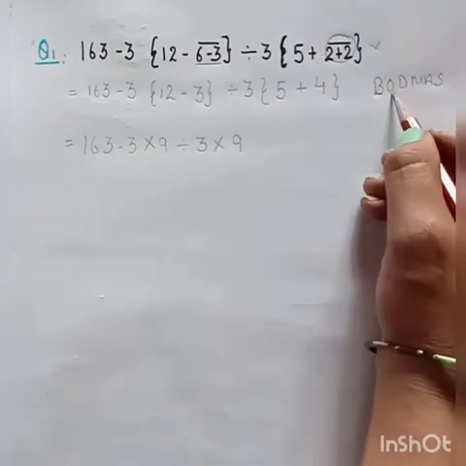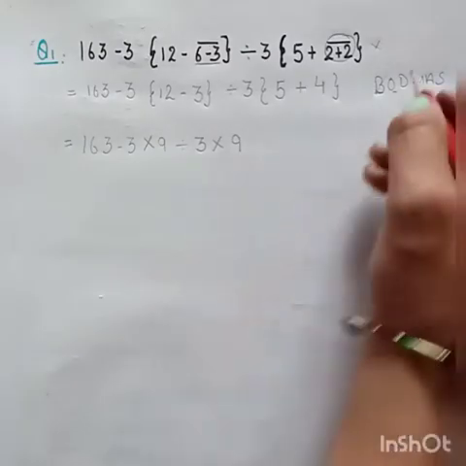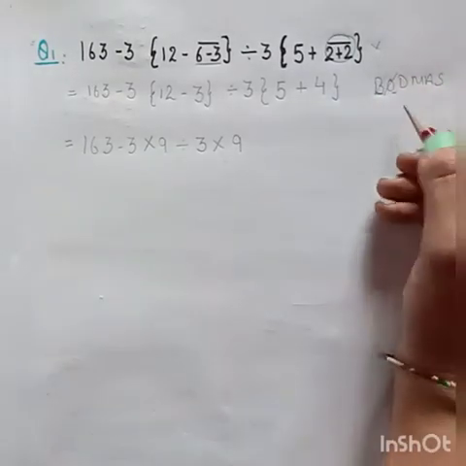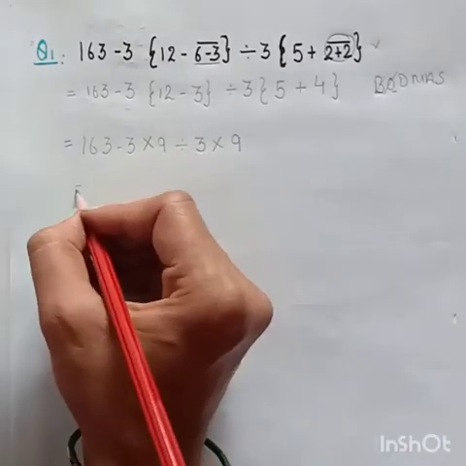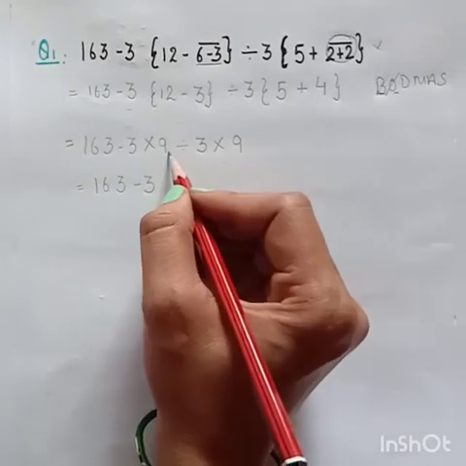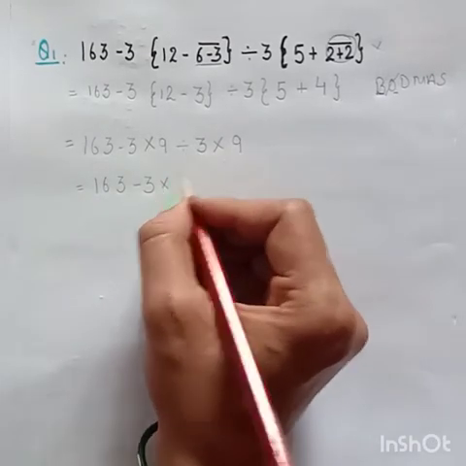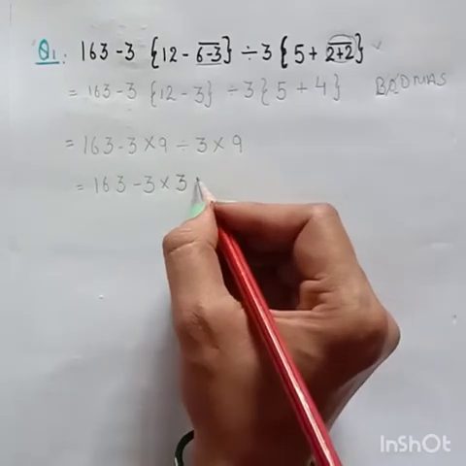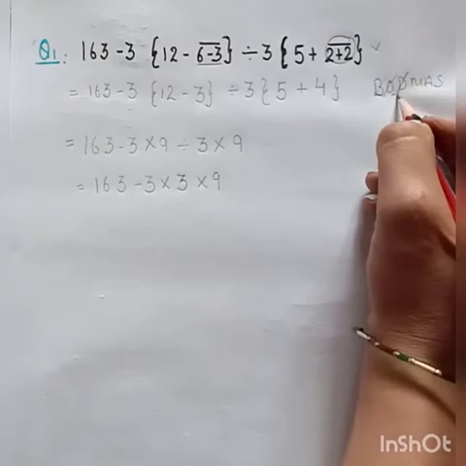Now O stands for of. Now you can see that there is no of in this equation. So you have done with this also. Now next is your D. It means you have to divide them first. So you will write 163 minus 3. Now 9 divided by 3 will be 3. Very good, because 3 3s are 9. So this is 3 and multiply by 9. Now you have done with your division also.